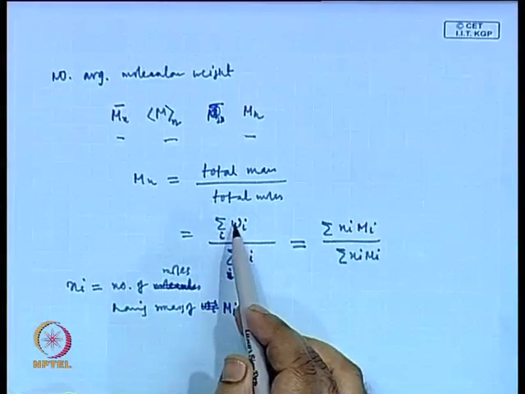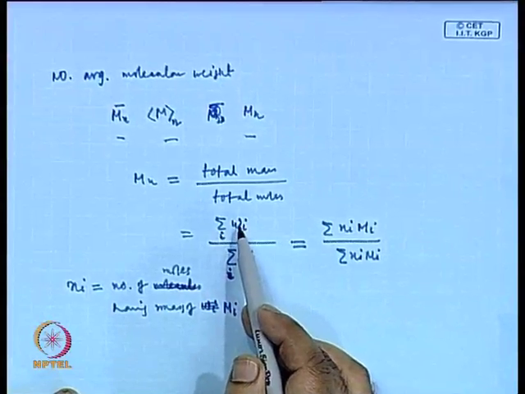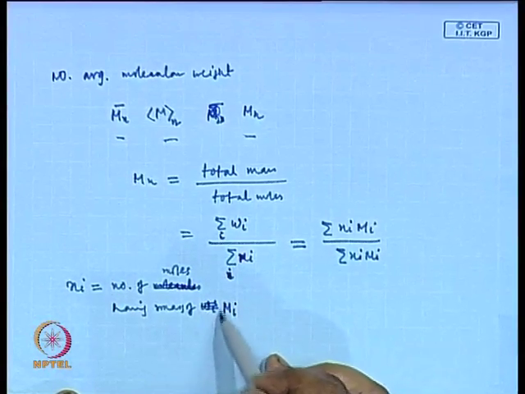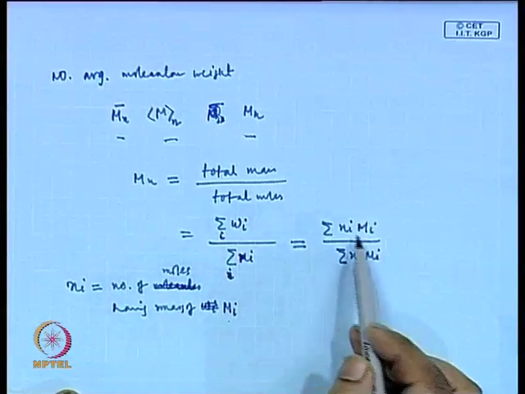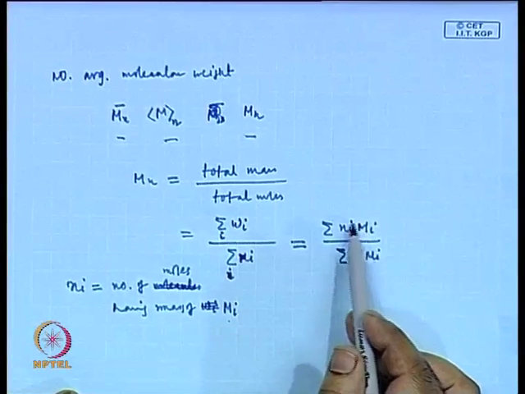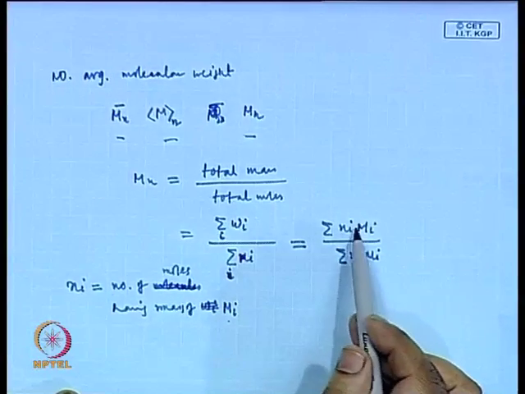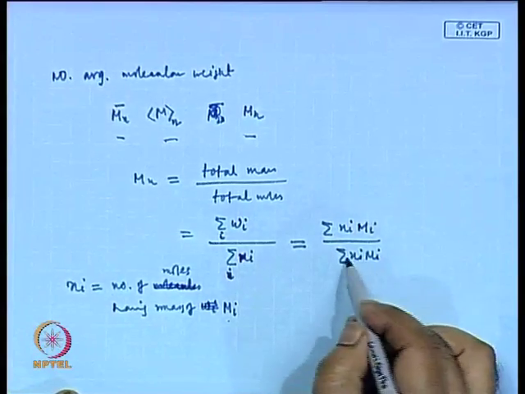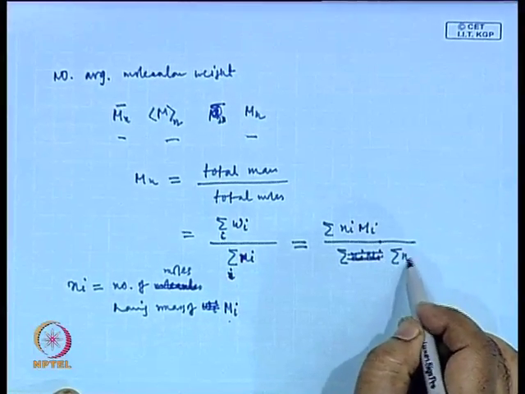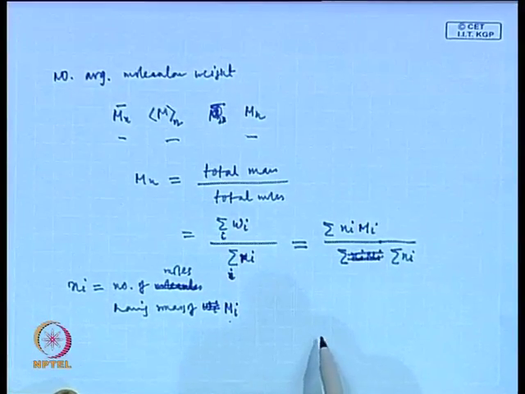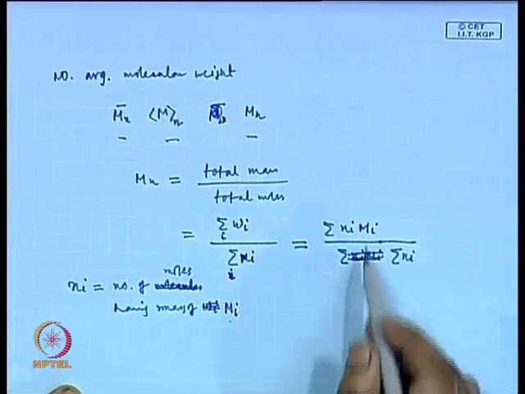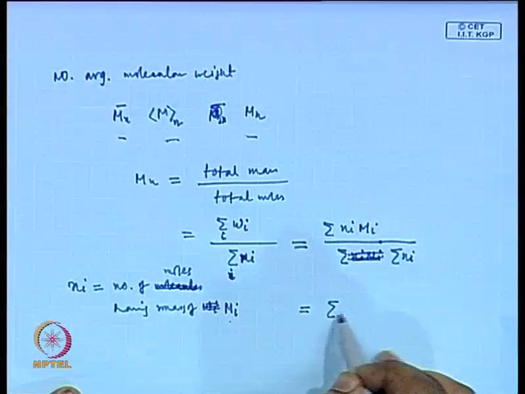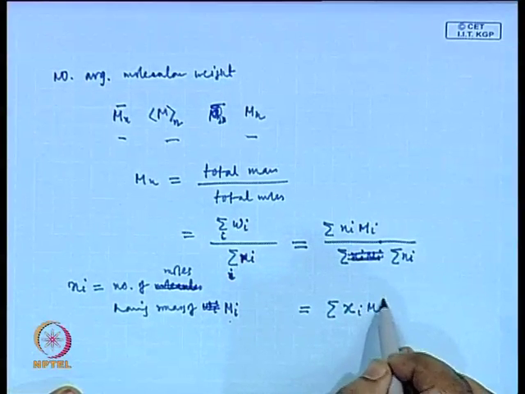So, how do you get total molecular weight? Total mass of the sample. Ni is the number of moles having molecular weight Mi. So, you multiply each one, Ni Mi, which will give you the mass of that sample, and you sum over all the samples and divide by the total number of moles. That gives you the Mn, number average molecular weight, or you can simply write this as Xi Mi, where this Xi is